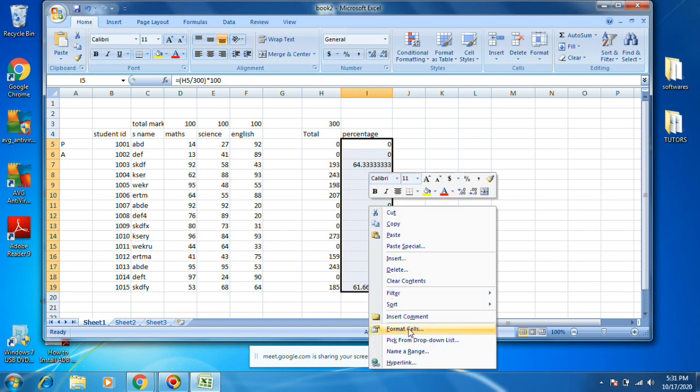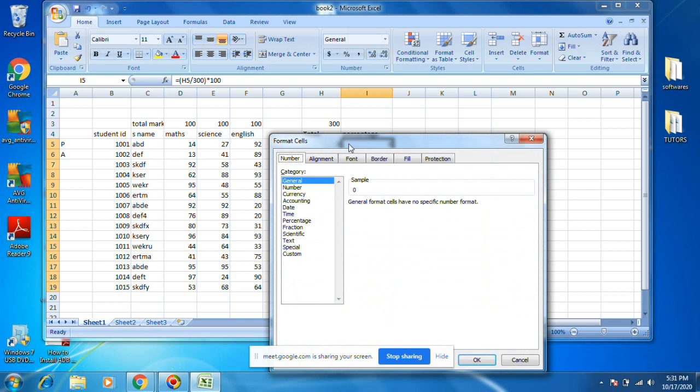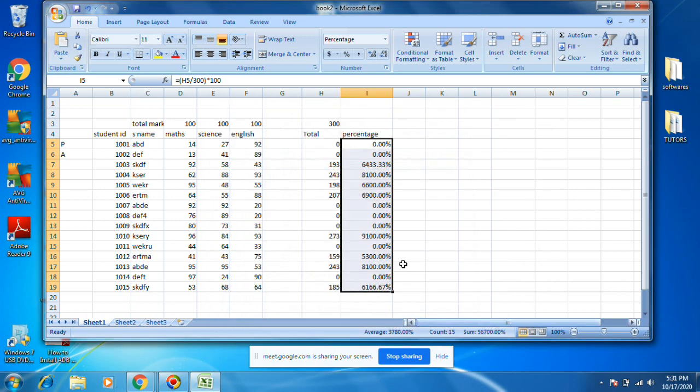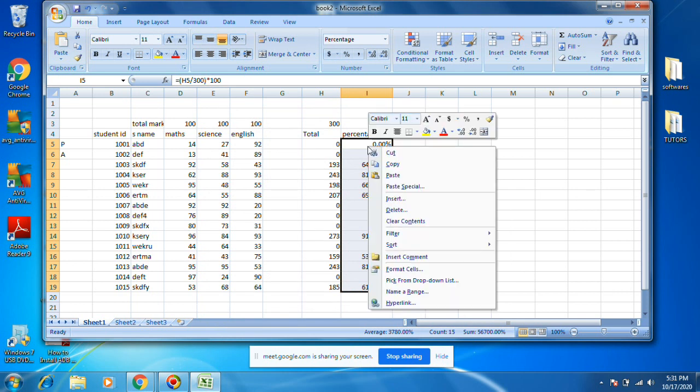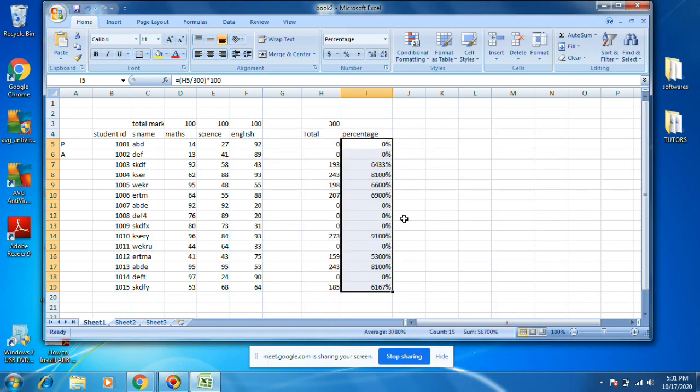Right click, format cells. We need to choose percentage and decimal places, then press OK. It will be like this. If you want to keep decimal places, you can keep them. If I don't want decimals, you can set decimal places to 0. Oh, how come?